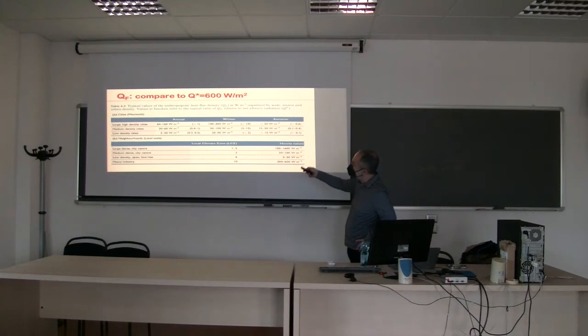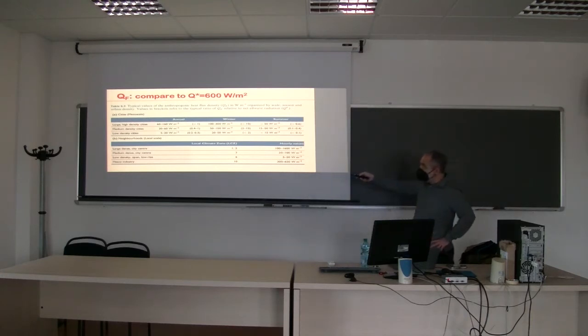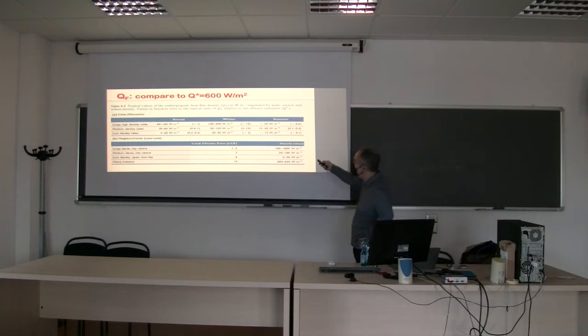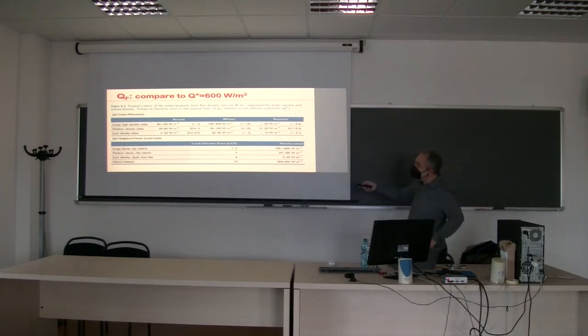So these are estimates that tell you that, for example, for large high density cities, it's on average about 60 to 160 watt per meter square. In the winter, because you're heating your whole houses, it's much larger, and in the summer it tends to be smaller. Medium density and low density, you notice that all these quantities decrease as basically you have less people and less activity that emits